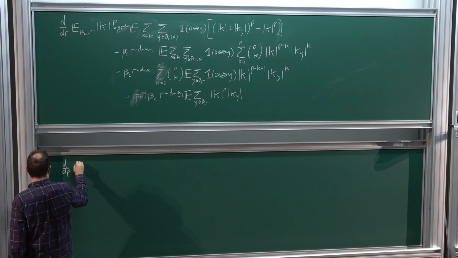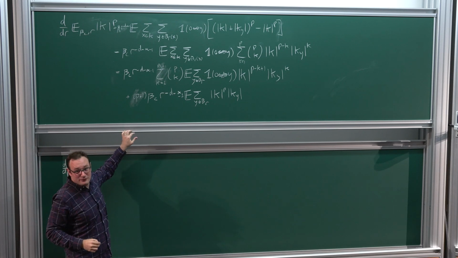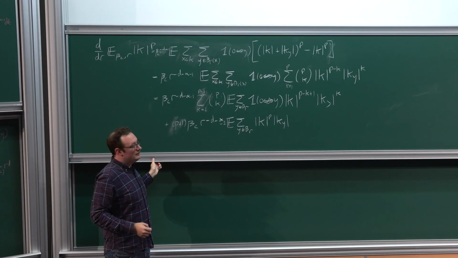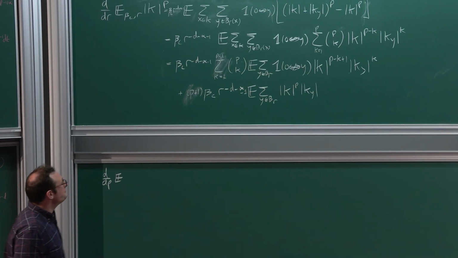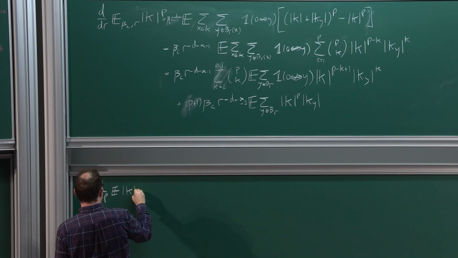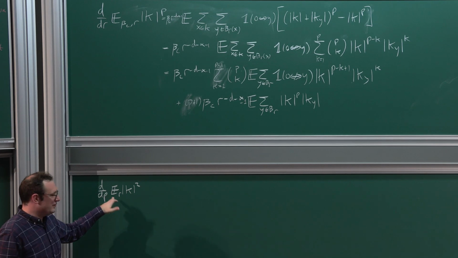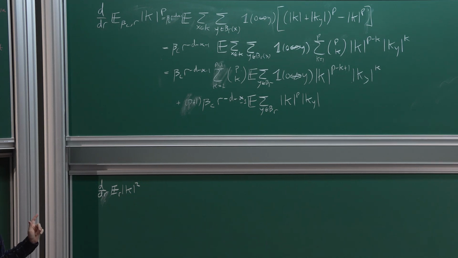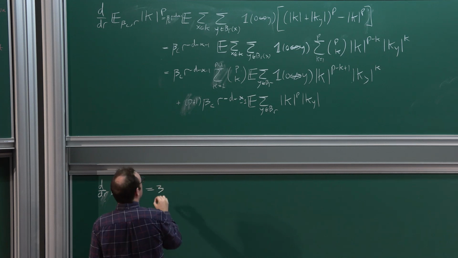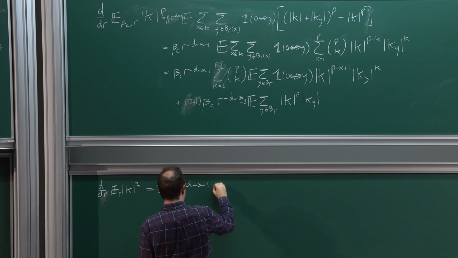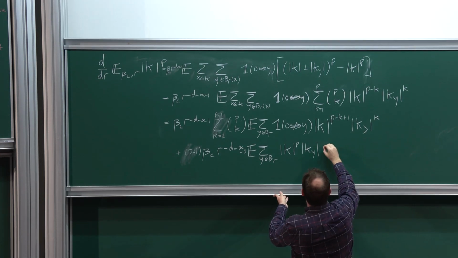Yeah. Okay, so if we look just at the second moment, we only get, so I'll call this the self-referential term. I'll often call this the driving term and this the self-referential term. And in the second moment, we only get the self-referential term. I'll just write subscript R. Sorry, I definitely don't want to differentiate with respect to P. I'll just write, this means beta CR. Okay, so I get that this is 3 times beta C R to the minus D minus alpha minus 1. Oh, and I also forgot to include the indicator.